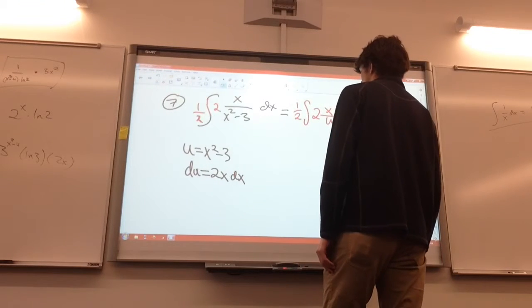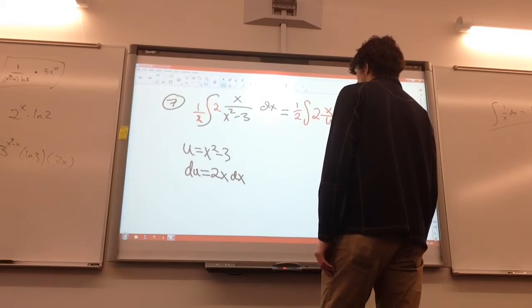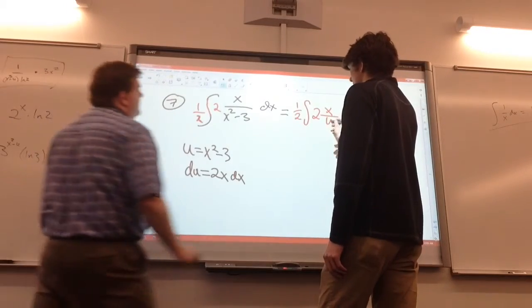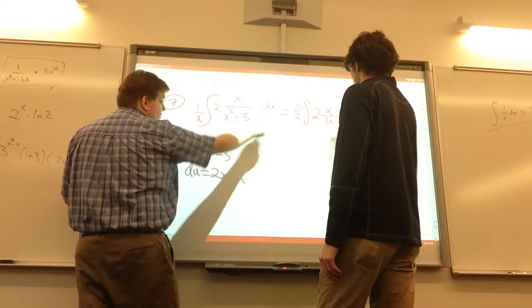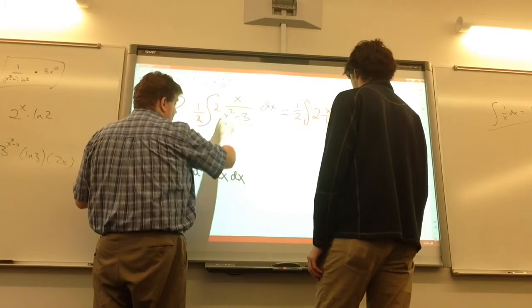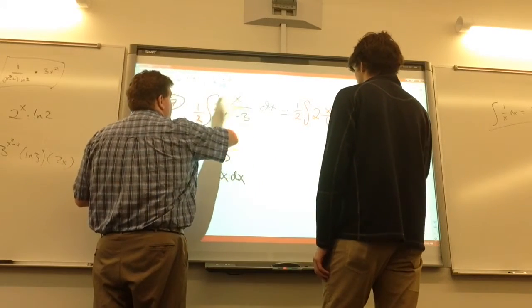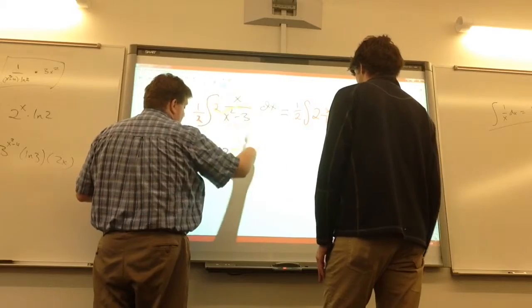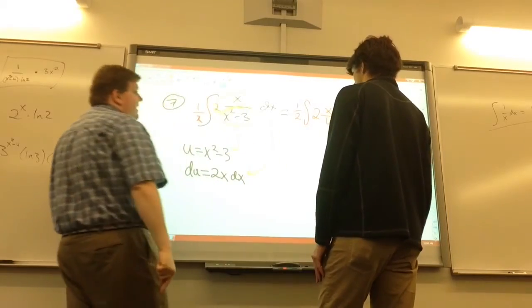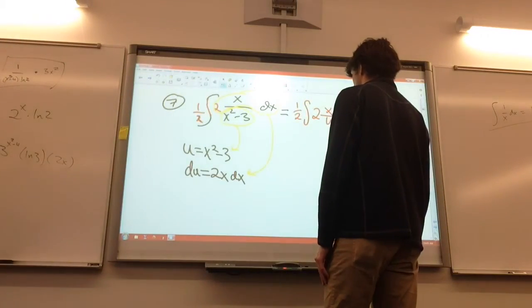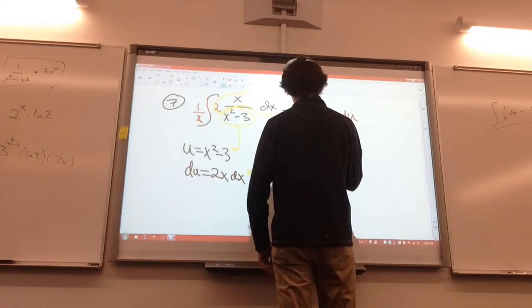Well, no. Did the 2x dx become du? Here, stop. One second. You have to still put u in there. Yeah, you still put u in there, because that's what u is right there. Oh, so that's just my u. du over u? Yeah, du over u is fine. Yeah, and that's my du, right? Yeah. So I would have du over u, which is the same thing as